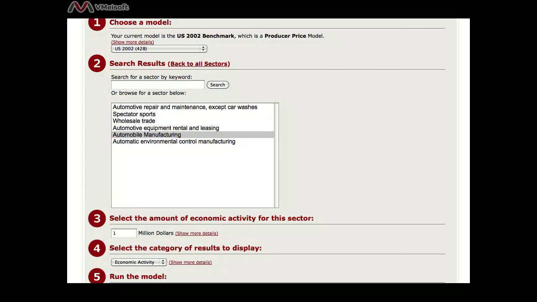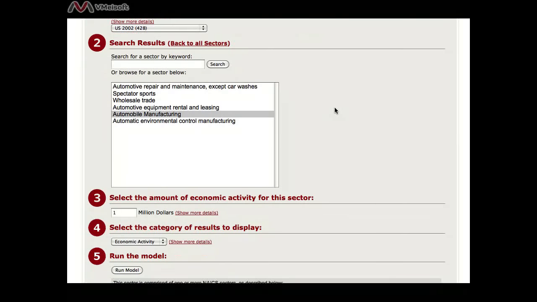The next step is to input the economic activity for the sector you selected. This value represents how much output is demanded from the sector in millions of dollars. Here we will assume that we are studying the impacts of producing 100 cars with production costs of $20,000 each. So we're going to set the demand to $2 million worth of automobiles. It's important to note